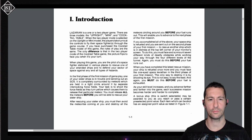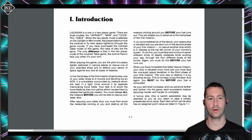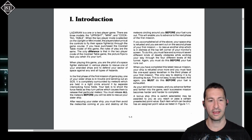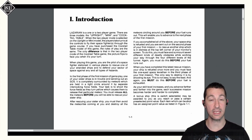So Lazarian's a 1 or 2 player game. There are 3 models: the upright, mini, and cocktail table. When the 2-player mode is selected on the upright or mini, the players take turns, and of course on the cocktail, you flip back and forth. When you play this game, you're the pilot of a space fighter stationed in various places to rescue one of your stranded ships and to defend your sector of space against any and all types of